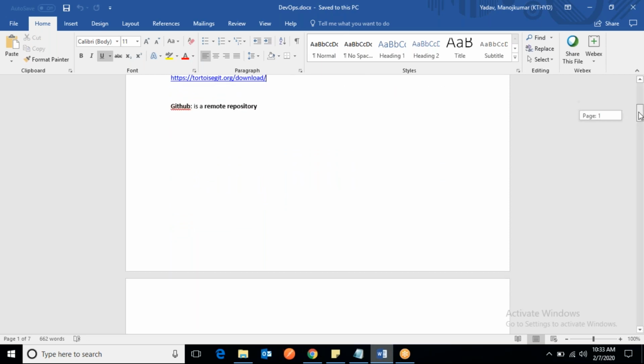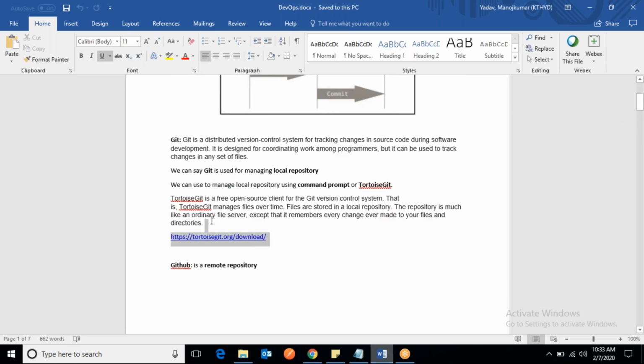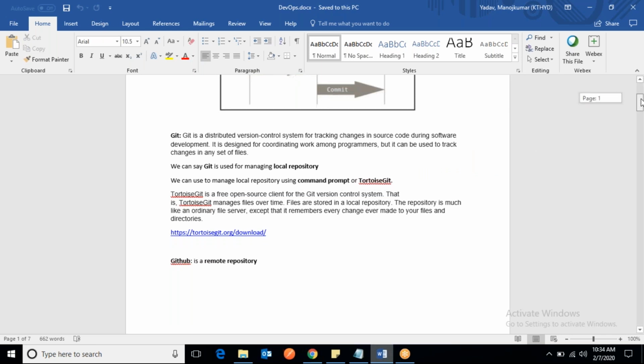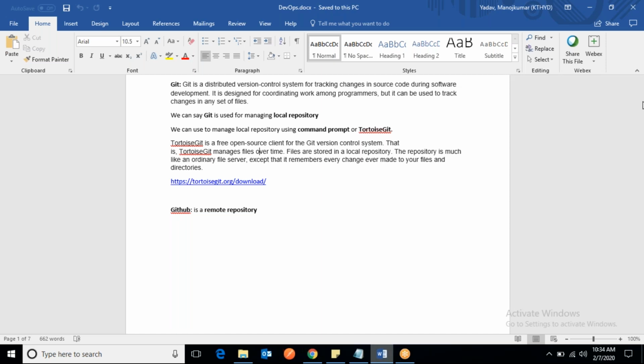Tortoise Git is a replacement of the Git command prompt, nothing else. It works as a Git client, where you can perform commands using a user interface, so it's very easy to use.